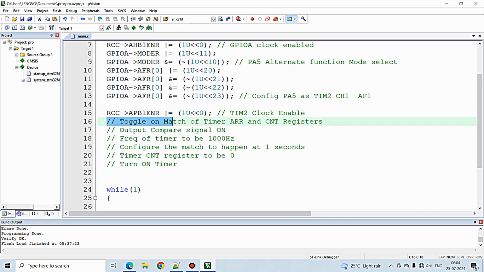And as the next step, we just want to select toggle on match feature when auto reload register and count register of timer matches. So this is a particular configuration in timer output compare mode. There are several configurations also available when a timer auto reload register matches with the timer count register. So when you start the timer, the counter of the timer starts incrementing or decrementing based on the configuration that